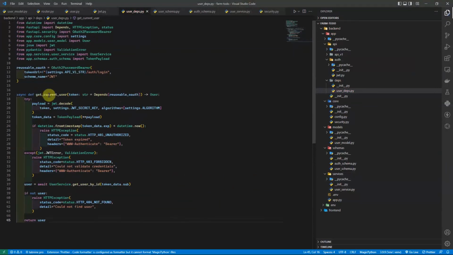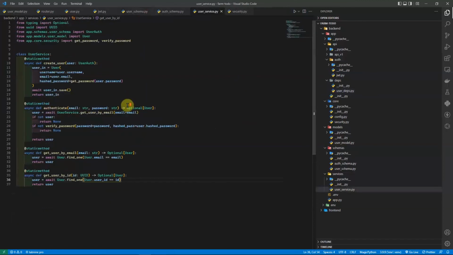So this is our dependency, the full dependency that will get the token from the headers and then try to validate the token and then validate its timestamps. And then if everything is good and ready to go, it will just extract the user from the database and then return the user as payload. So this is the only user dependency we need. So now if you go back to our